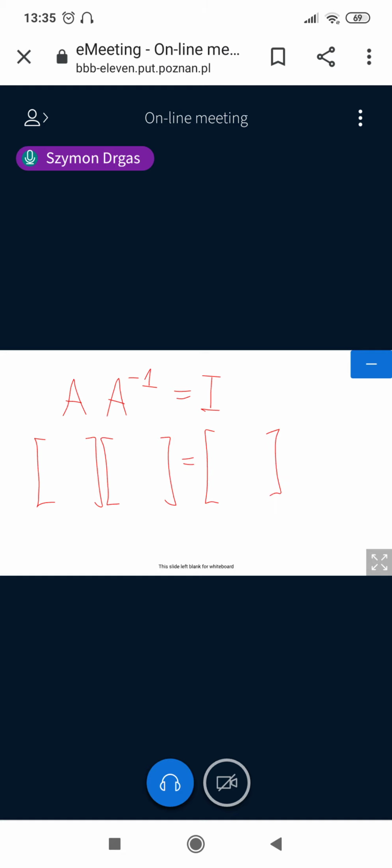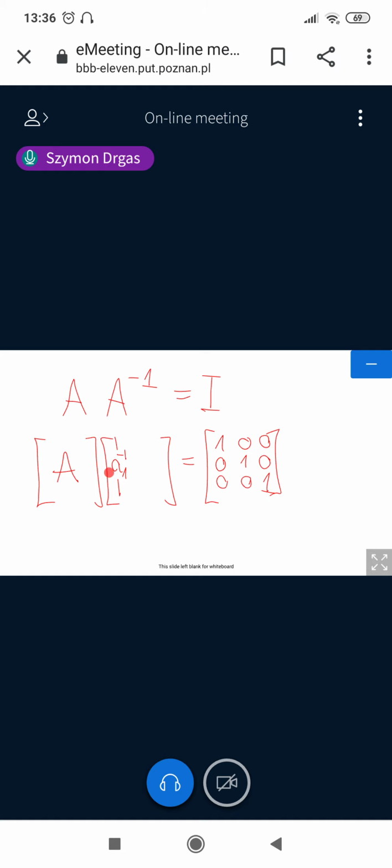I think it would be good to start with 3 by 3 matrices. So if A is a 3 by 3 matrix, then after multiplication by its inverse, we should obtain the identity matrix. So we multiply A by its inverse, and then we can denote each column of this inverse matrix. So this A1 inverse,